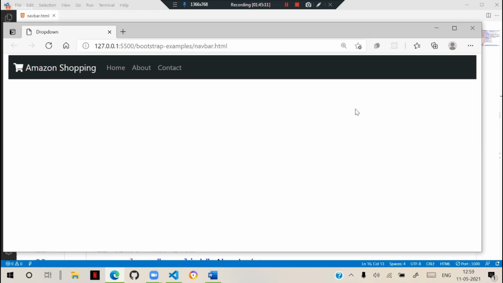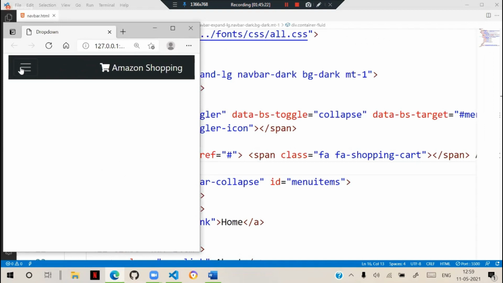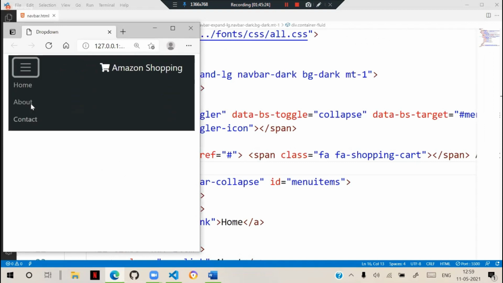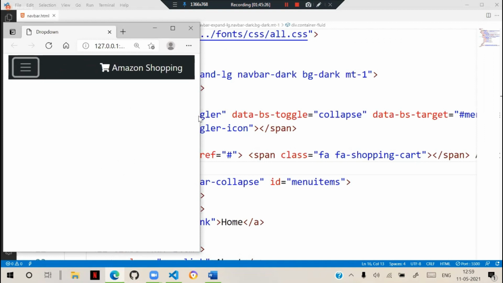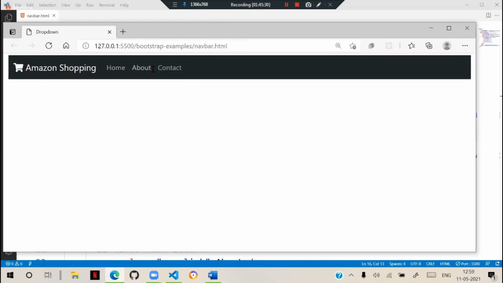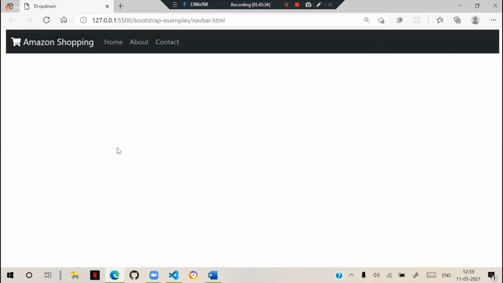So that's good. We can design such navigation bars and configure them. When you are watching on a mobile-like device, it will come like this. You can click and open the navigation and choose that option. And when adjusting, it will fit onto the screen. On large screens, it will display fully. So a dynamic navigation bar we can design.